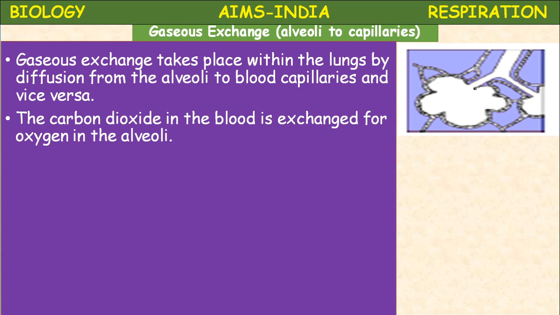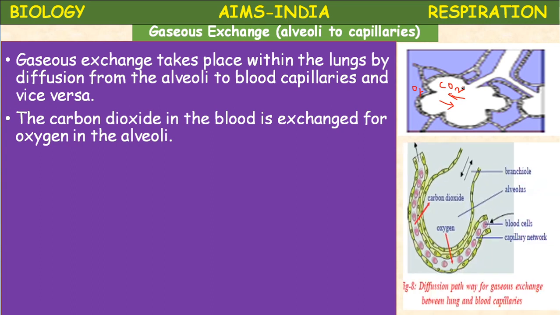So these are the alveoli. Inside the alveoli, these are the blood capillaries, where the air from bronchi to the bronchioles enters into the alveoli, where the exchange of gases takes place. Okay, in this exchange of gases, oxygen enters inside and the carbon dioxide leaves. The hemoglobin plays a very important role in this, how we will see further.